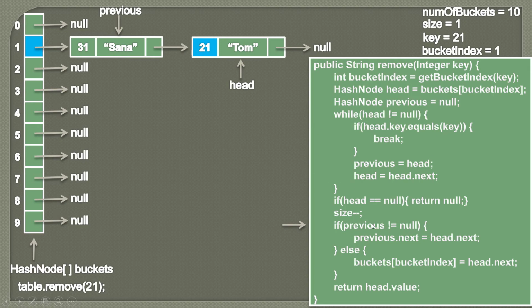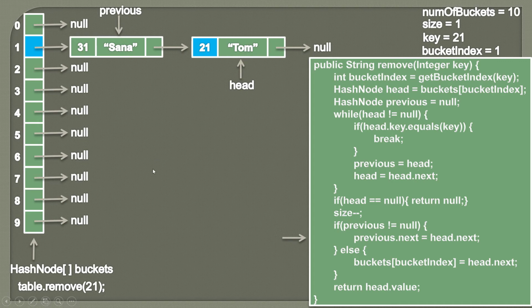So why we provide this check is, if previous is equal to null, it means we are trying to remove the first node of the list, and if previous is not equal to null, it means the key which we have found is somewhere in the middle of the list, because previous is providing that information to us. So in the if part, what we do is, we need to remove this link, and we can't directly remove this link because head.next may point to the other nodes. So what we do is, we simply assign head.next value to previous.next.